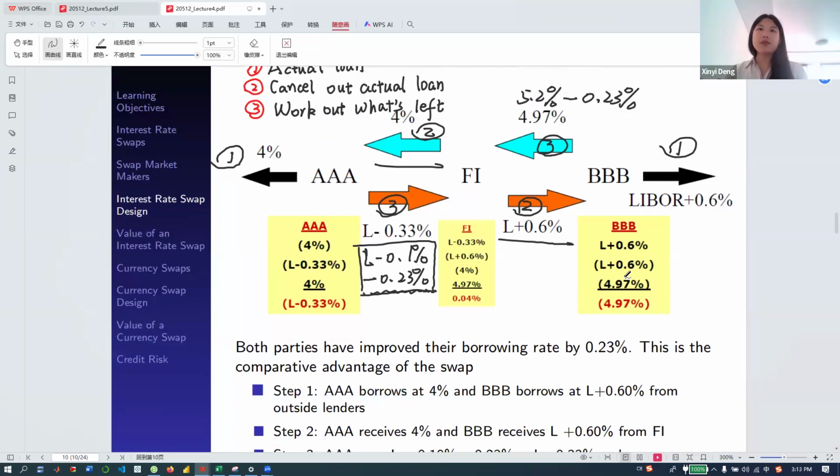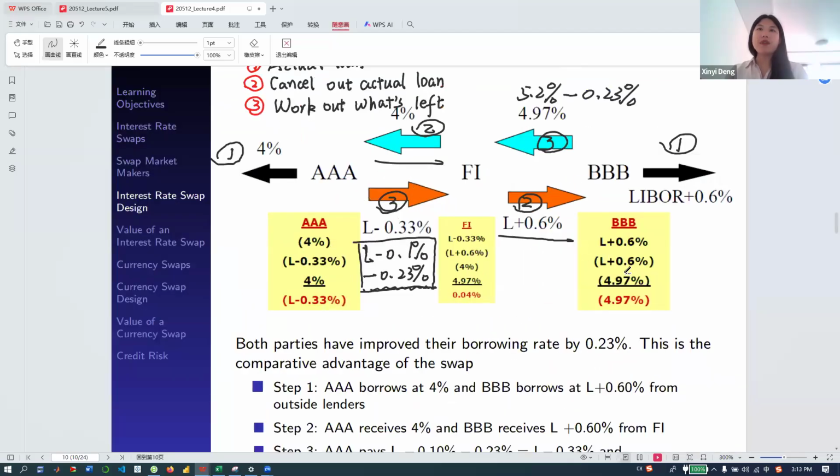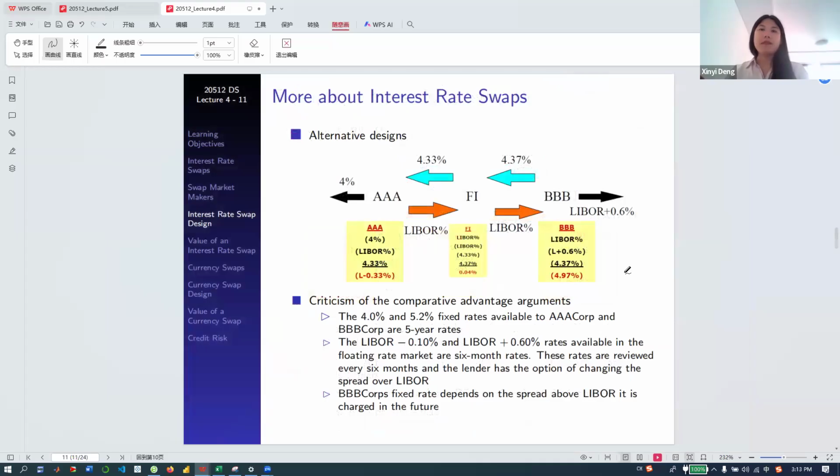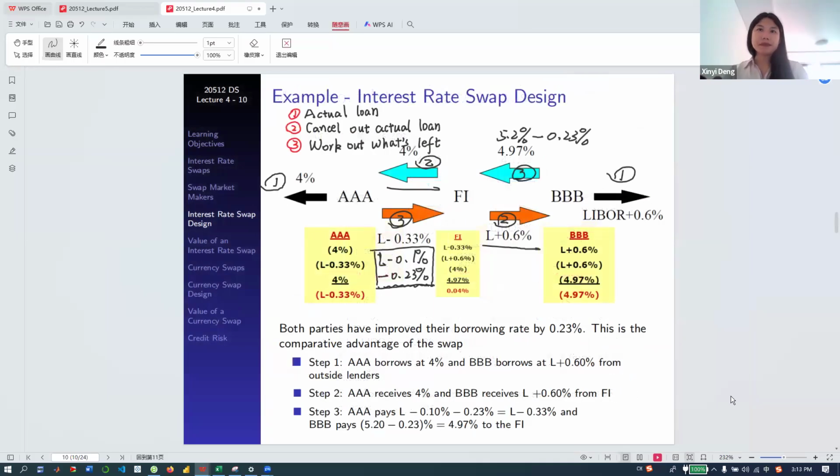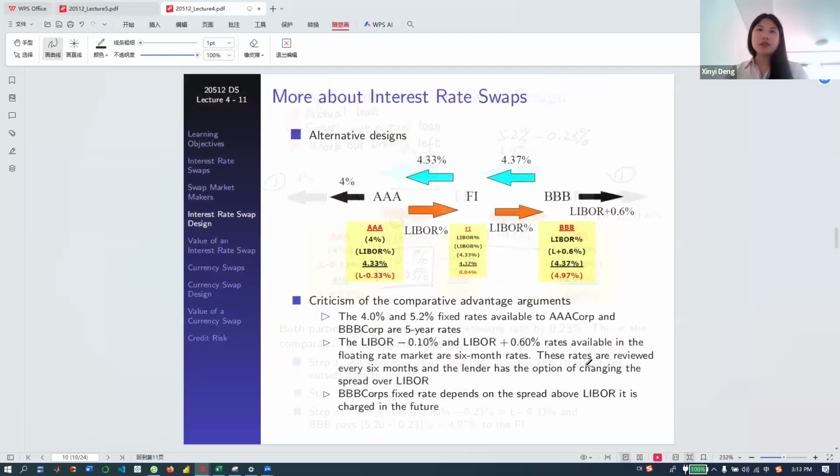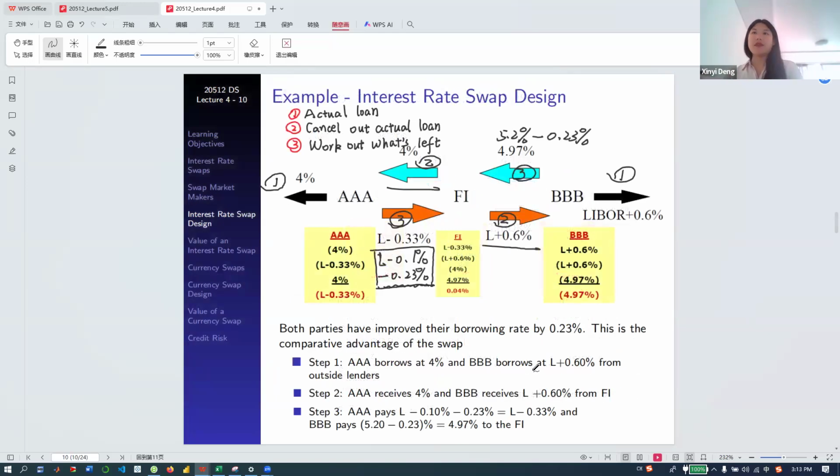Now let's also take a look at their cash flows or their rates. Yeah, let's calculate the